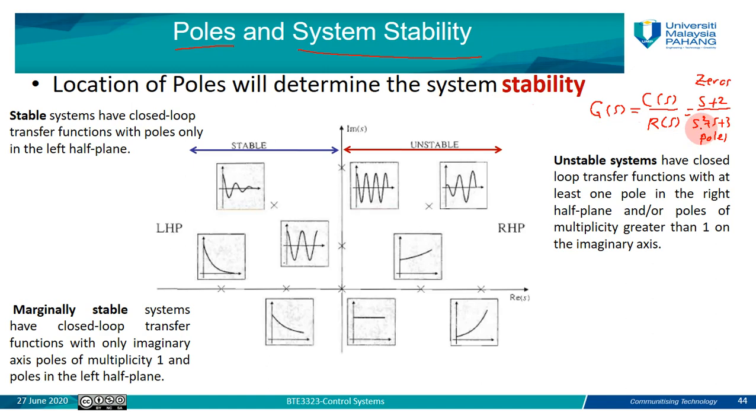So based on the poles of the characteristic equation of the transfer function, we are going to decide if our system is stable or unstable. The system will be stable if the poles of the closed loop, we are now talking about closed loop, not about G(s). G(s) is the open loop transfer function, but T(s) is the closed loop. So from now on, when we determine the system stability by using the Routh table method, we are going to find the closed loop transfer function. And we said, for example, for the feedback system,